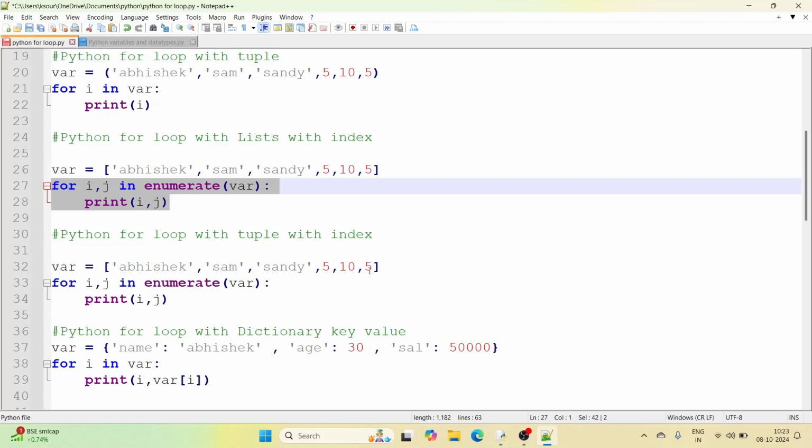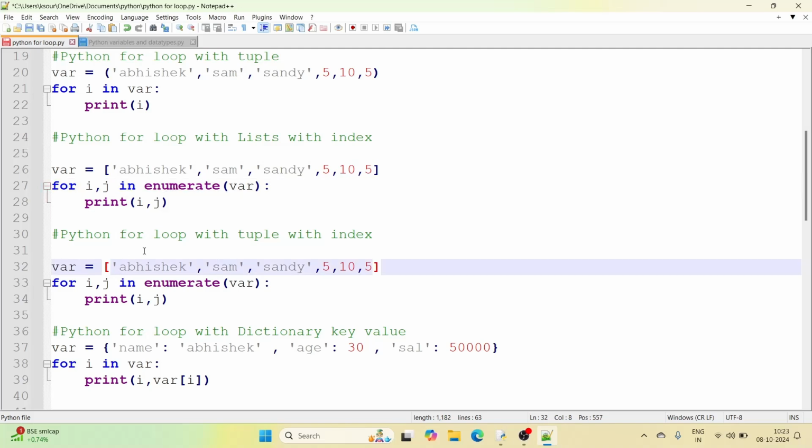A similar example works with tuple as well. I think the tuple should be like this. So this is the tuple. Let me define the tuple first.